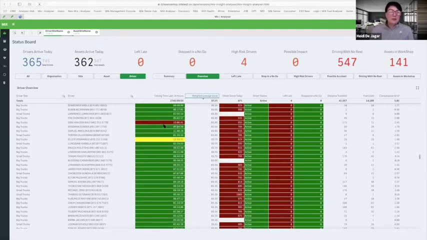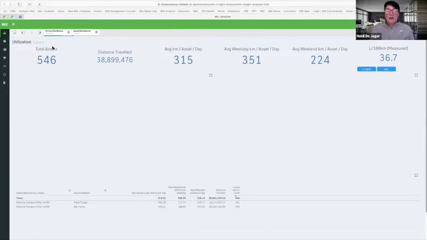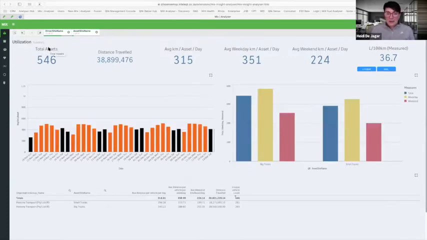Now, from our status board, we're going to go into the analyzer portion. This is where things really start getting exciting, because this is where we start looking at bulk data, trend analysis and more. The first one we have categorized is our utilization dashboard. Currently, I don't have a selection criteria in the utilization dashboard over here,